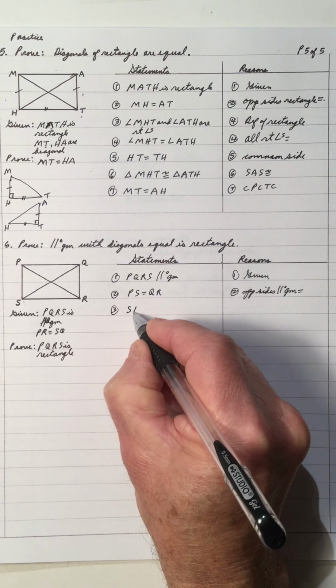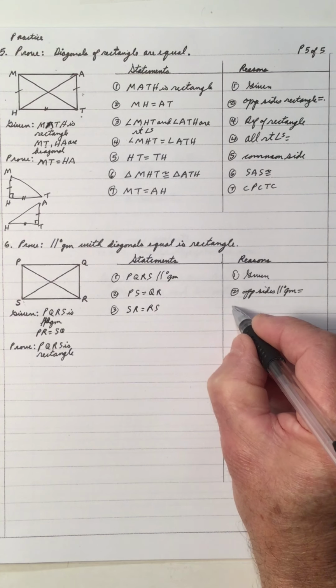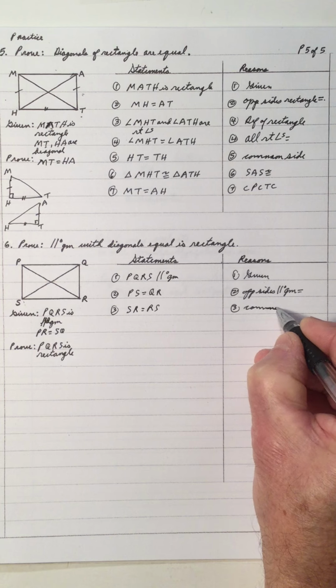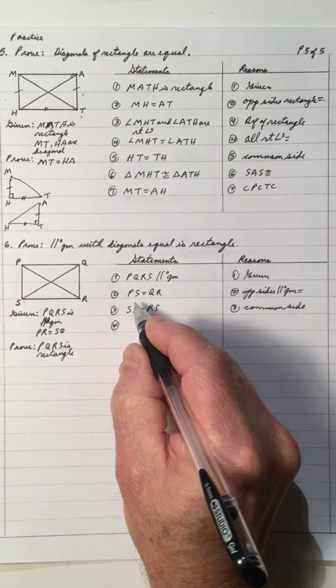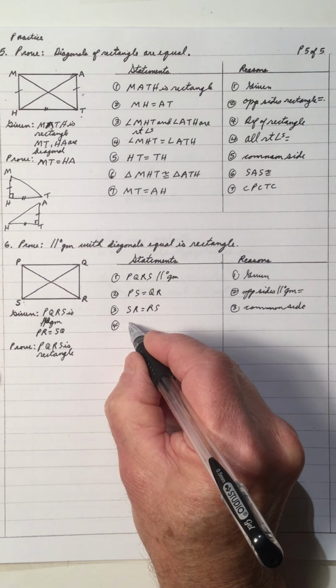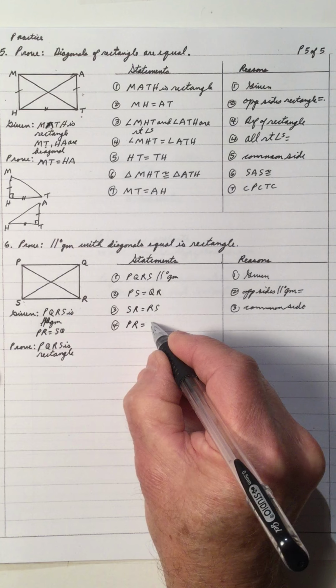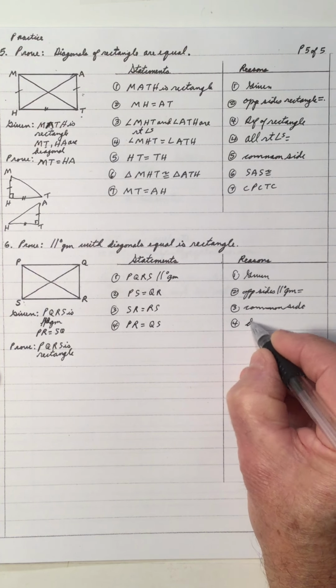We have SR equals RS, common side, and also that we have PR is equal to QS,